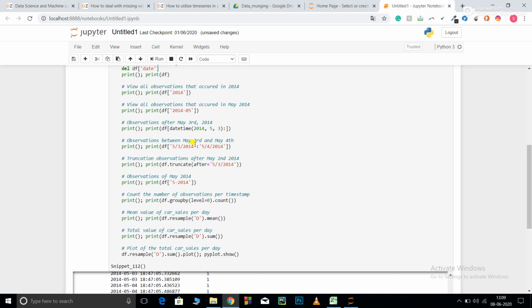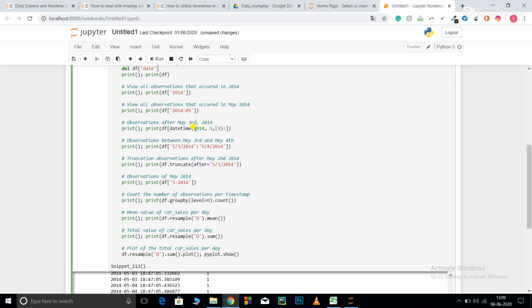Now I want to select all the observations after May 3rd 2014. I'll write df, the data frame name, then the datetime, because it was in datetime format it should be this. You cannot change the datetime format as it is the default in Python. So 2014, the year, then the month, then the date.